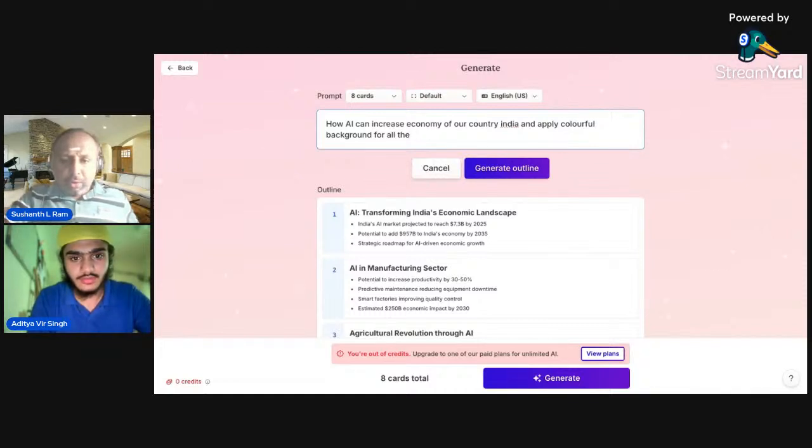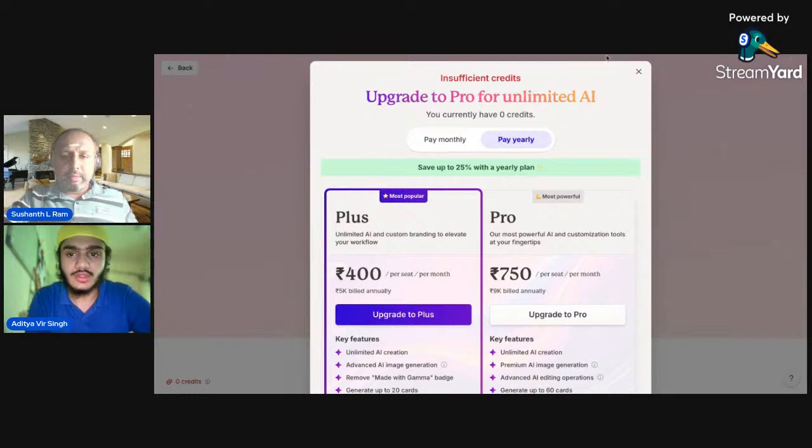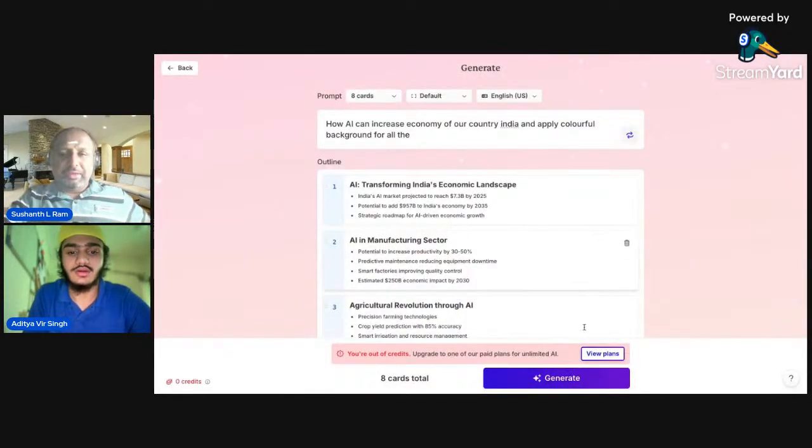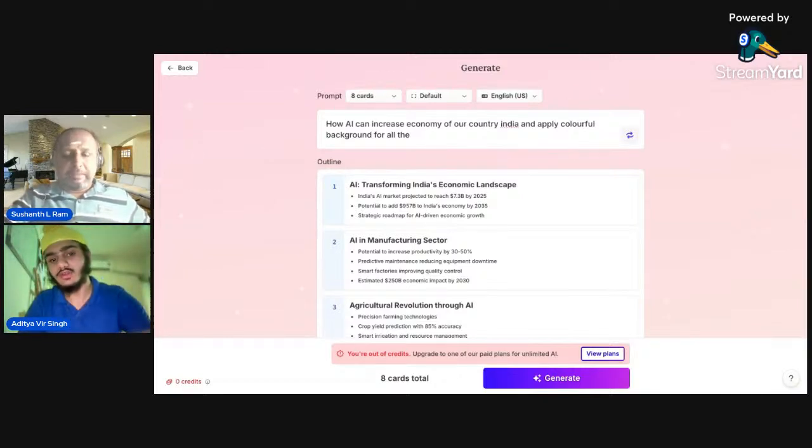No, click on generate. Oh, your credits are probably out. Yeah, that's why I was showing the outline. If you go for the presentation part, the generate effect will apply automatically, if you have credits.